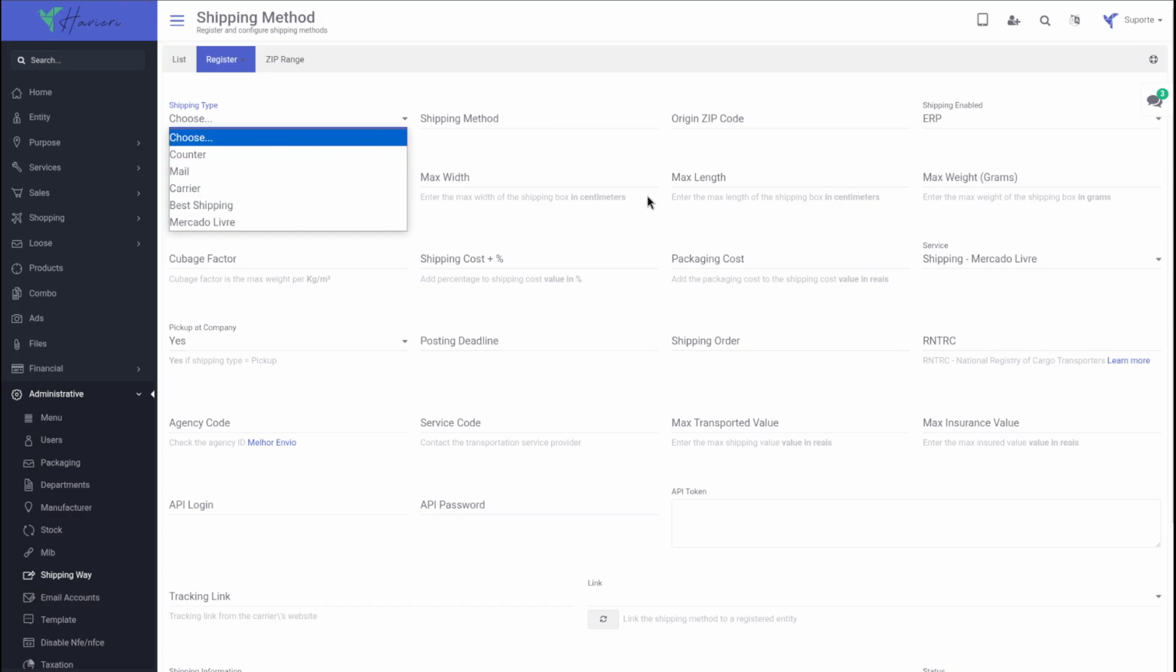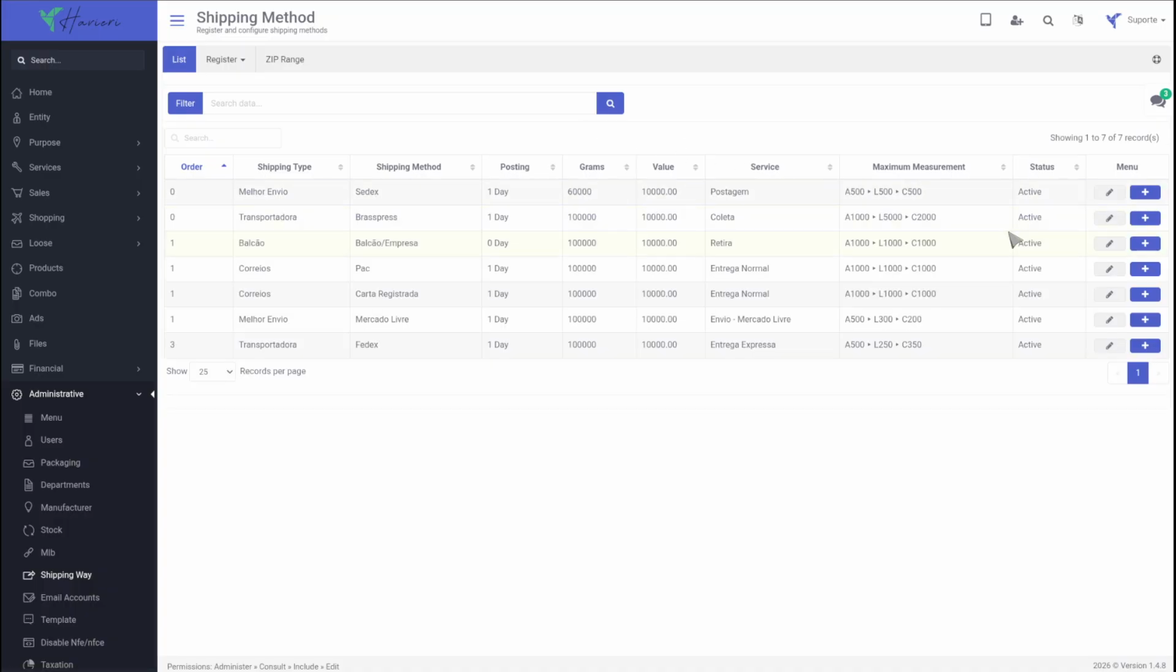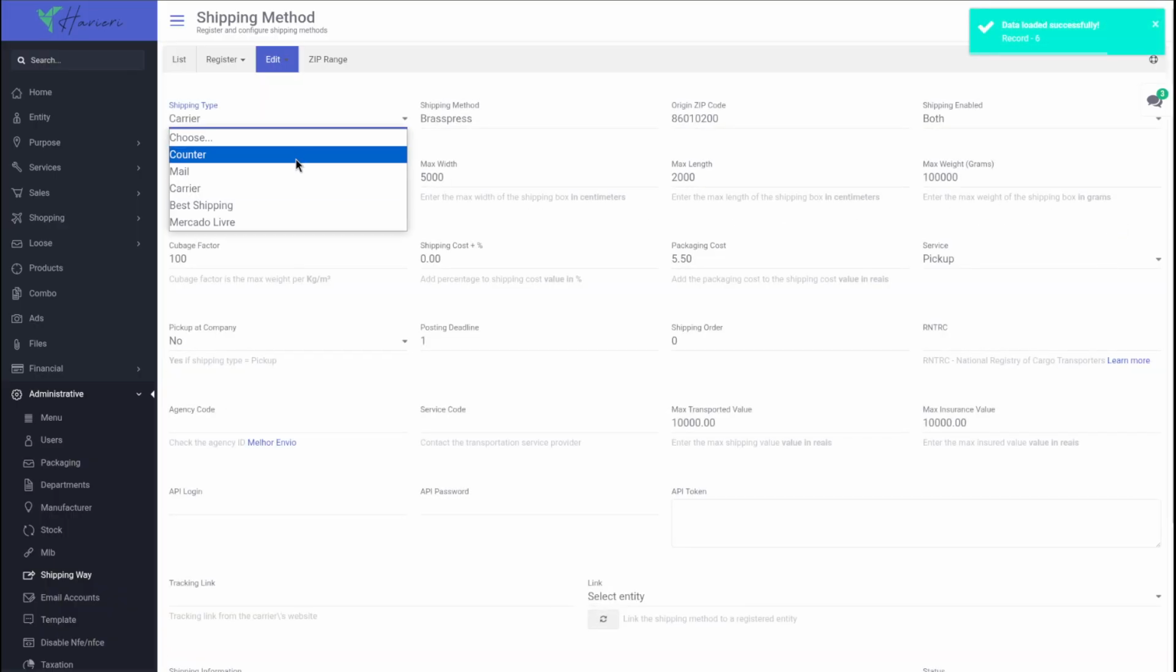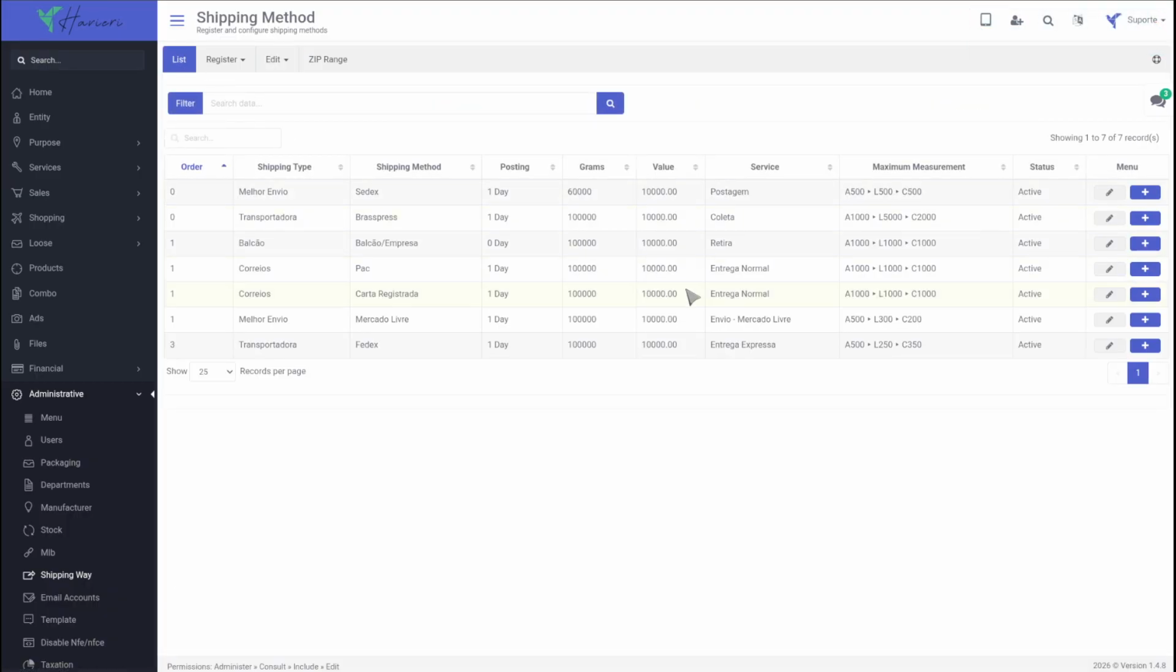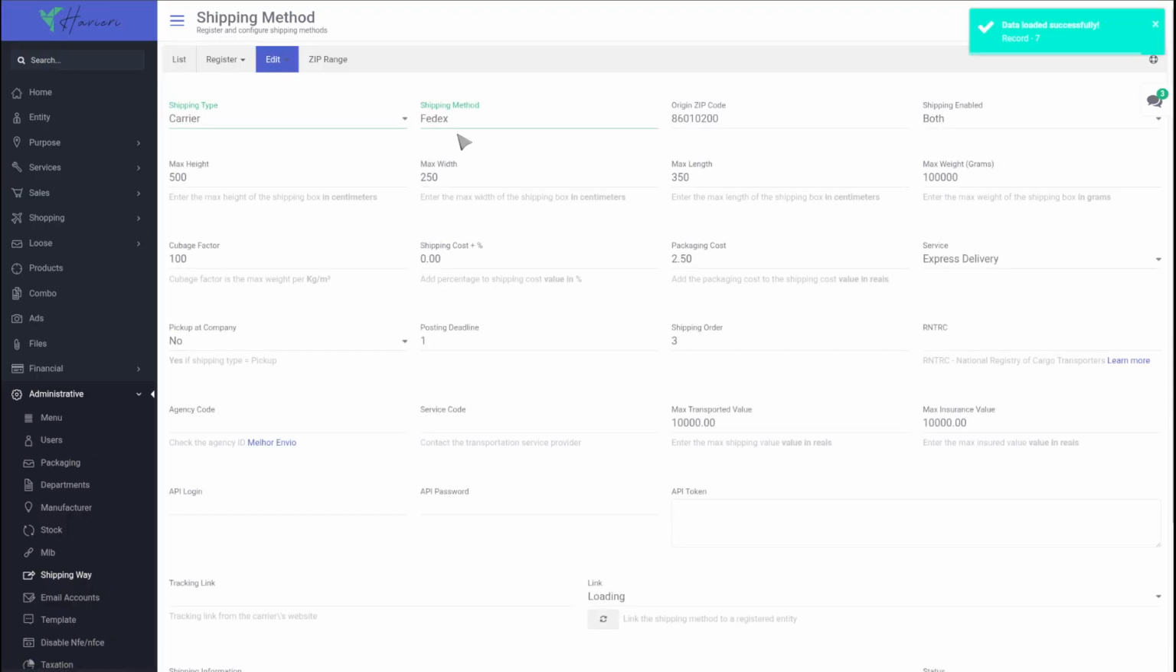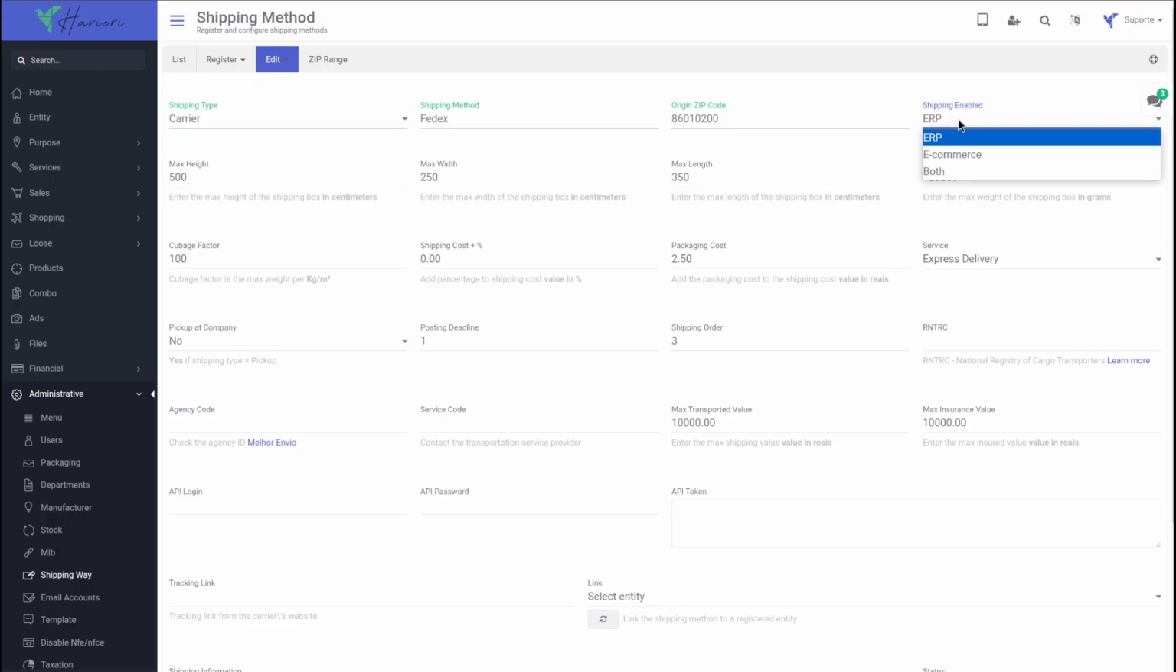The first field is the shipping type. You can choose between counter, Correios, carrier, Melhor Envio, or Mercado Libre. This choice is important because it defines how the system will behave and which integrations will be used. Then we have the shipping method name, which is the identifier you'll see in orders like CDEX, PAC, Fast Carrier, or Store Pickup. Next, the origin ZIP code, which is your company's postal code or the location from where products